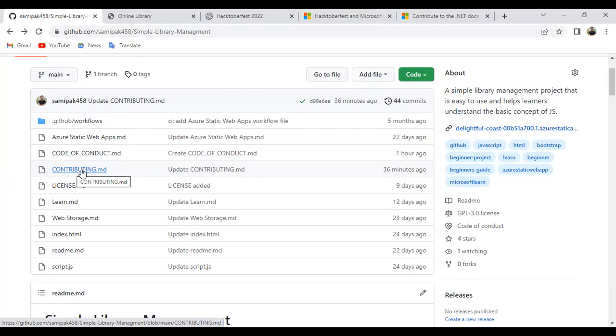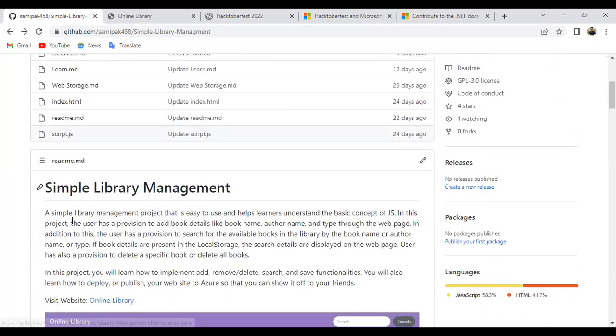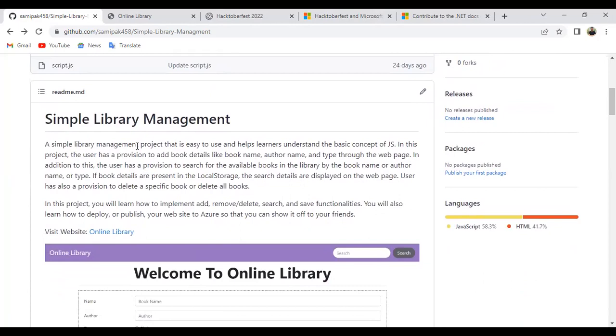You will see the contributing.md, you will see the readme.md and the files of the project. Okay, so let's see what this project is about. The project is a simple library management project. It is easy to use and helps learners understand the basic concepts of JS. So it is a beginner project, so any one of you can